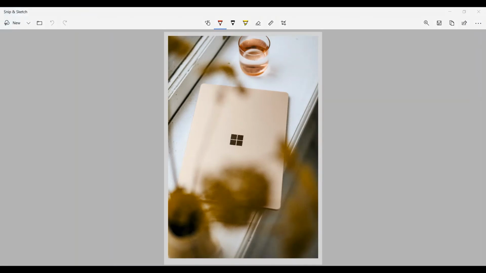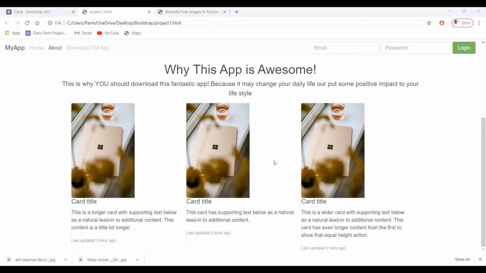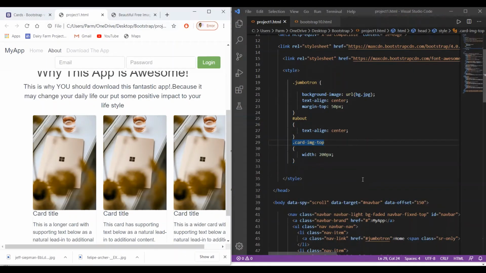Save the changes. If we crop the image, then it looks this way. So again we have to make some changes to this. So what we'll do,